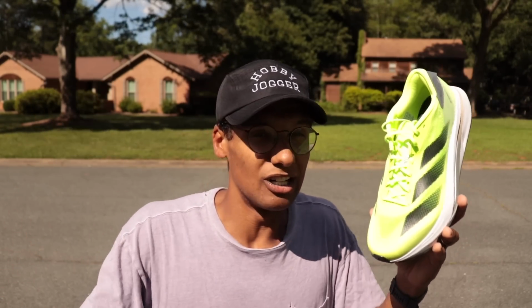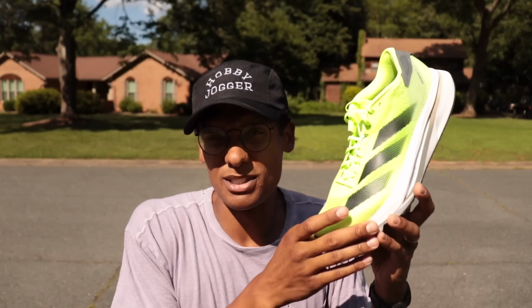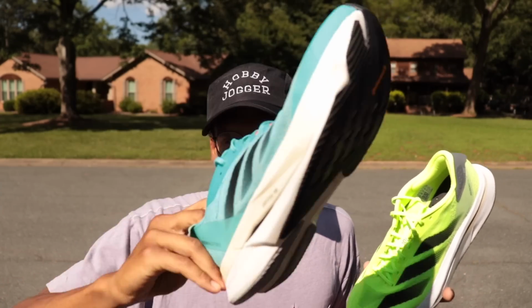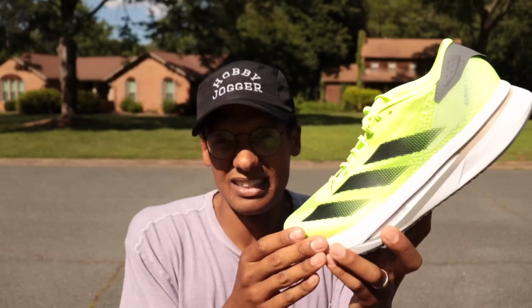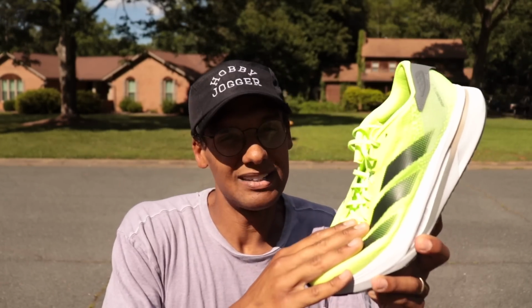Now, how does it do versus the intended purpose? I think Adidas's intended purpose with the shoe, and it's not always clear because Adidas pumps out a ton of shoes. And the Adizero lineup is the one area of the Adidas camp that is nice and tight. I don't think their inventory management is tight because they're always cutting the prices. Again, this thing was $35 last year. This thing you could pick up for $96 in some colorways right now on adidas.com. I'm sure we'll see this shoe for under $100 sometimes in the next few months, but I think the intended purpose of this is to be a durable, fast, fun shoe,